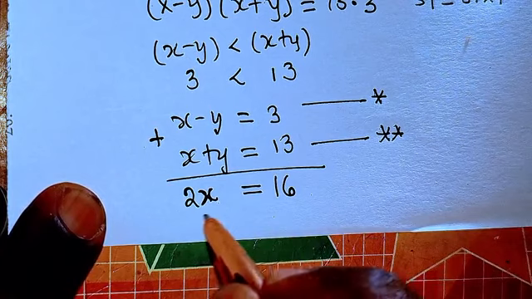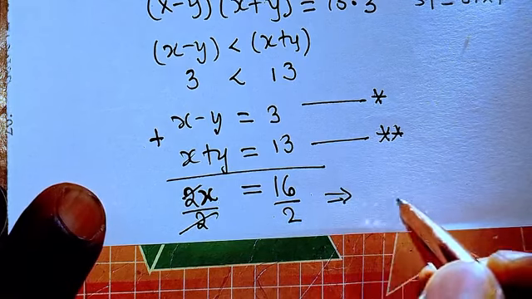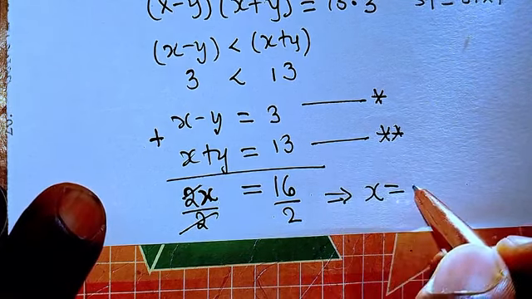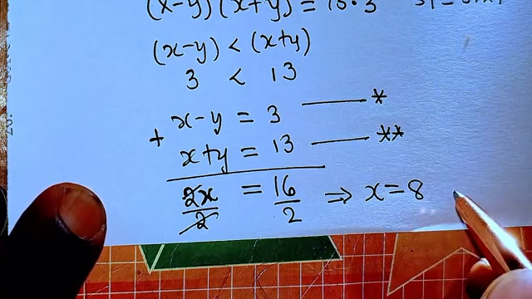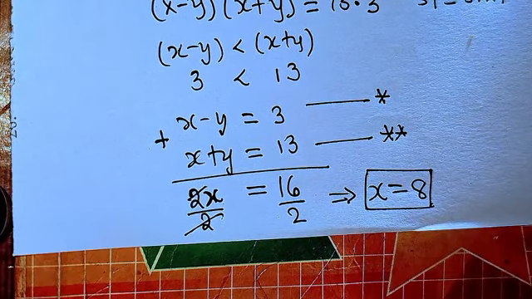Okay, so now from here you divide both sides by 2. This will cancel this. This implies that x equals 8, right? So now let's keep this because it's part of what we're going to use. So now going further,